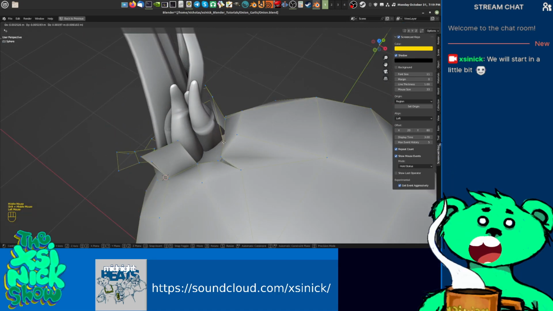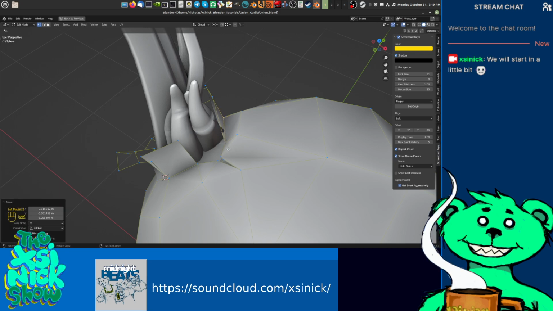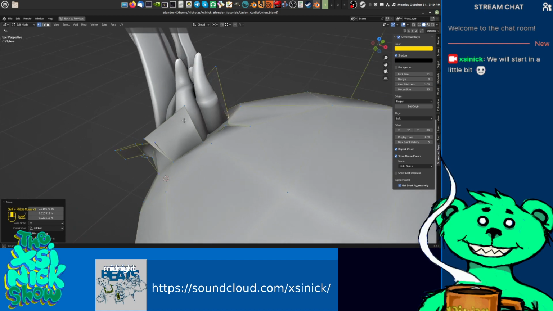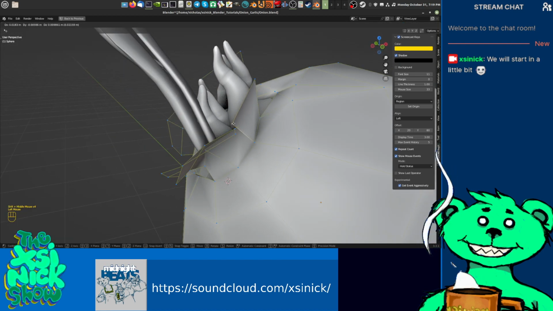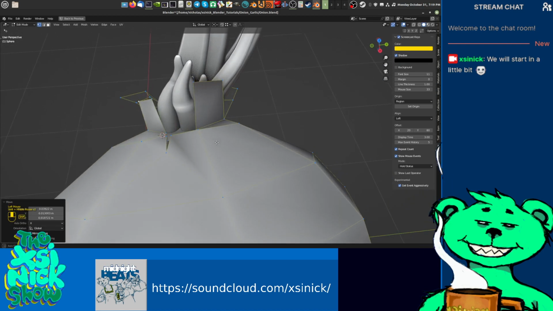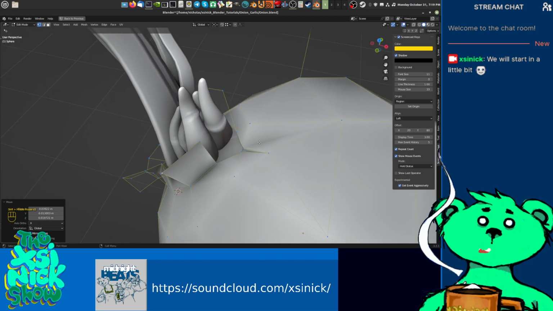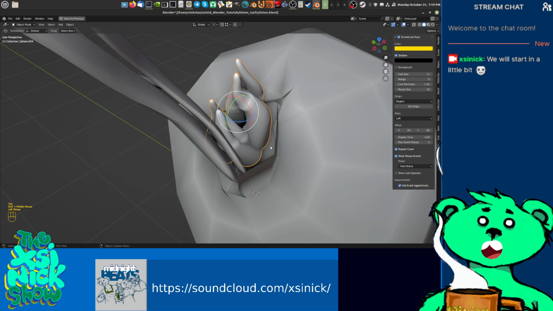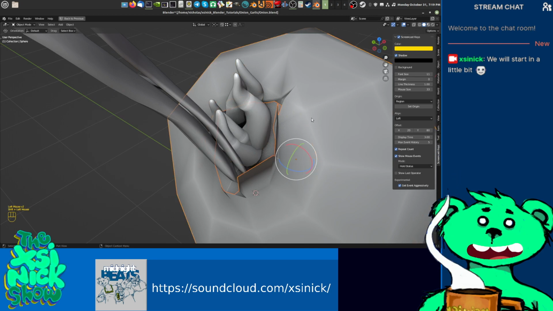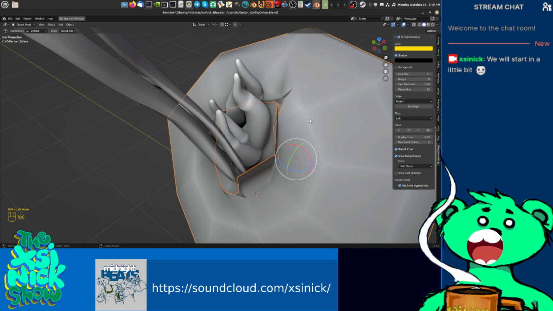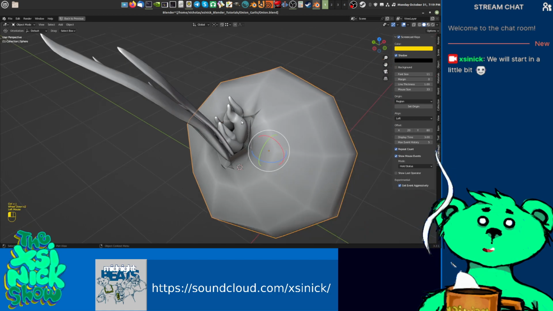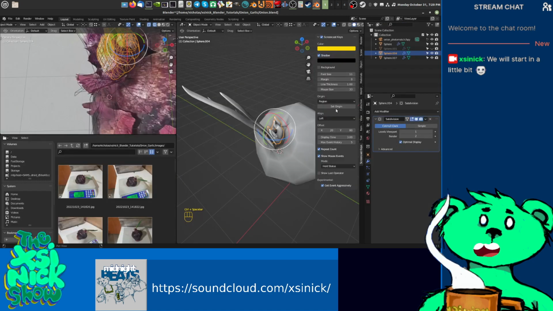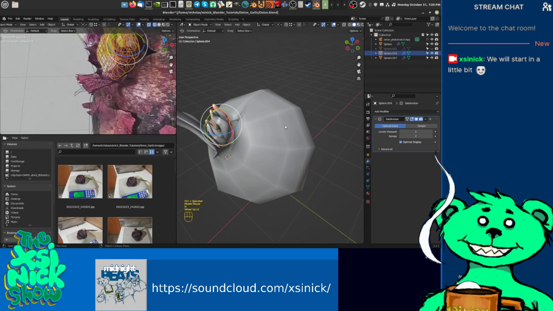What I'm doing, I'm just kind of checking around a little bit. Okay, let's apply that. Let's merge this back, this piece with this piece. Control J, join that. And let's jump back out of here and let's take a look at some of these